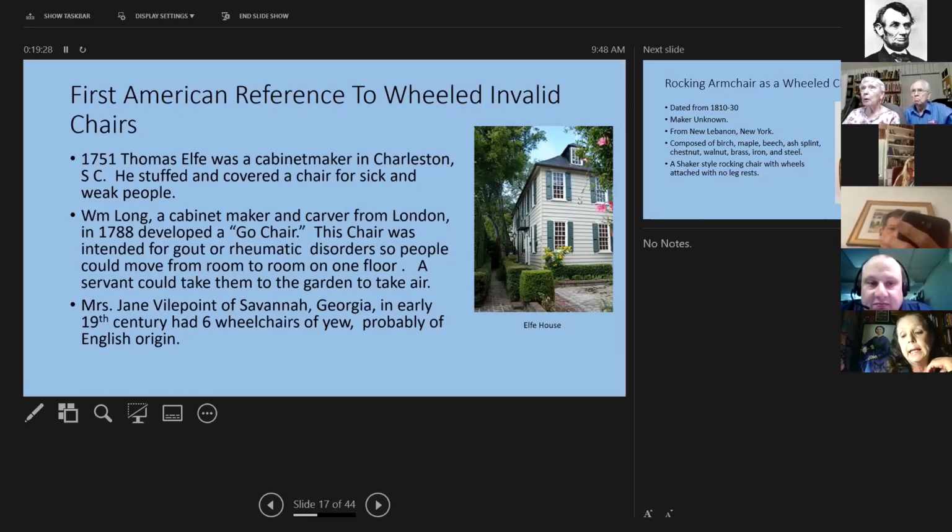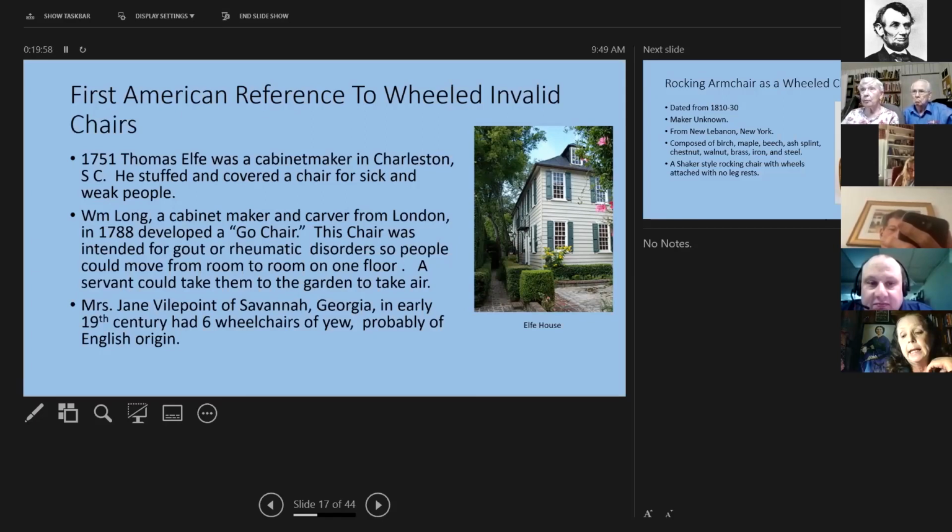Also, William Long was a cabinet maker and carver from London. In 1788, he developed a gouty chair. The chair was intended for gout or rheumatic disorders, so people could move from room to room, and then a servant could take them out to the garden to take the air in the evening.